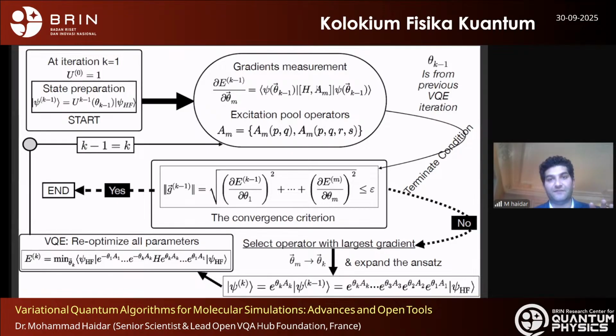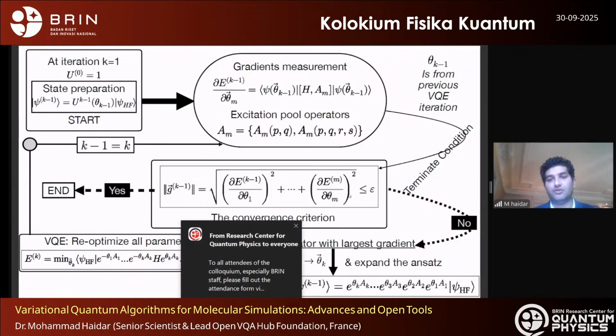This is the standard ADAPT-VQE. You select the operator with the largest gradient, then you add it into your wave function. Of course, you need to compute the gradient norm, summing over all the derivatives. If it's less than a certain threshold, then you stop and terminate